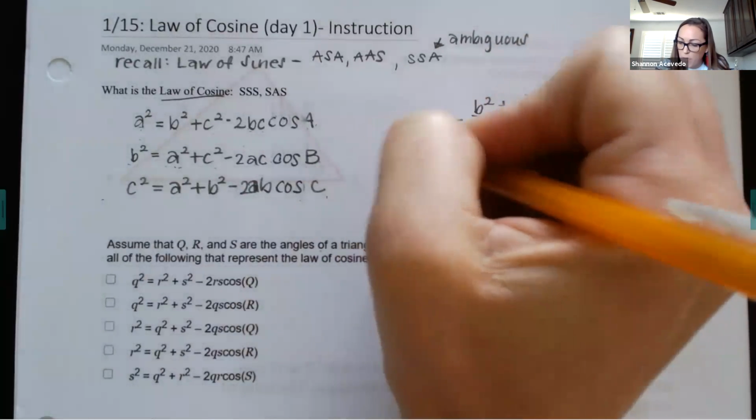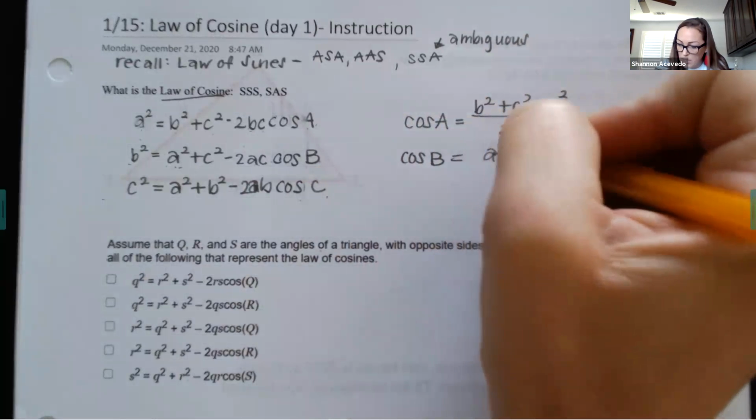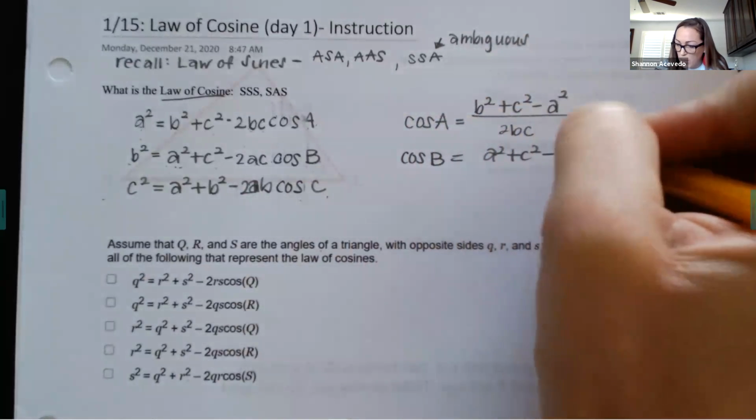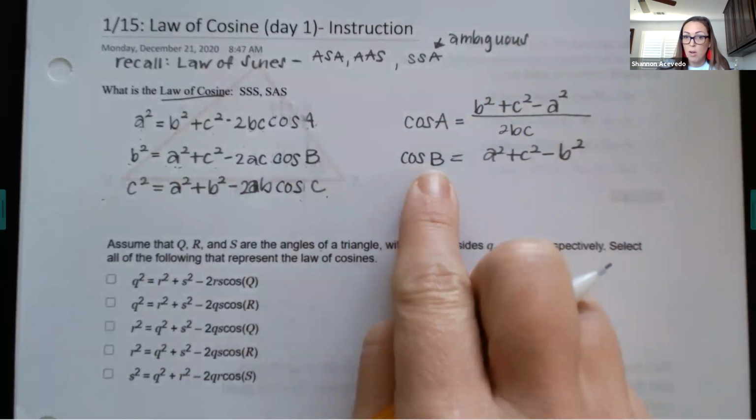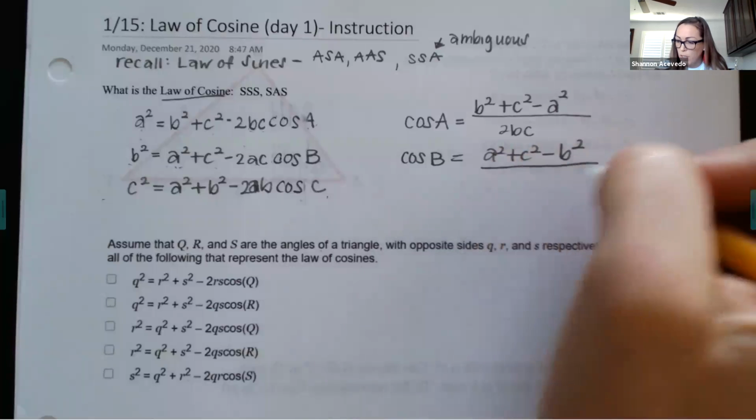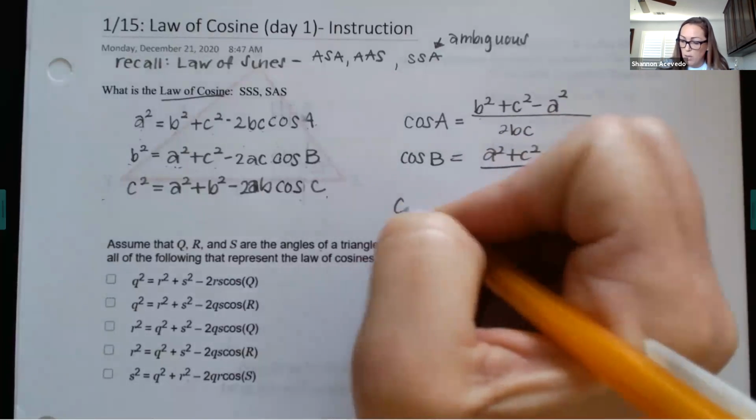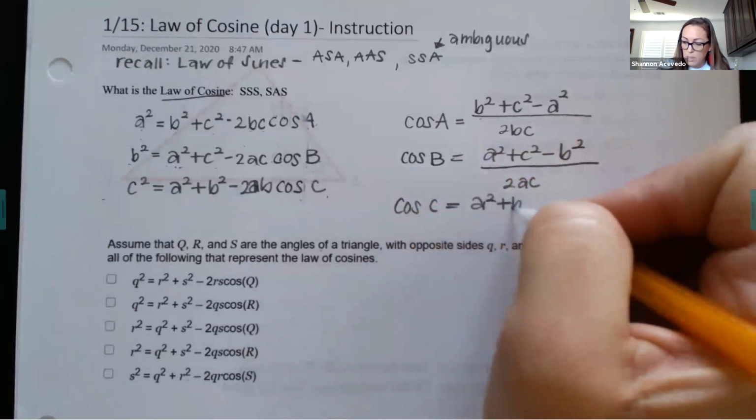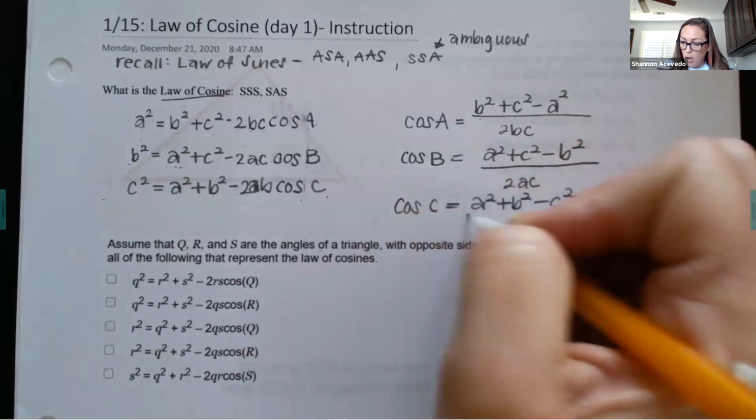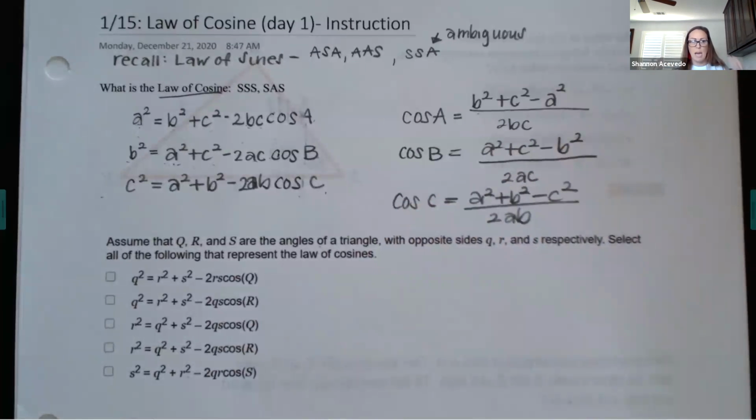So cosine of B is equal to a squared plus c squared minus b squared, so it's minus the side that corresponds to the angle we're looking for, all over the first two values, so 2ac. My cosine of C is going to be a squared plus b squared minus c squared, all over 2ab. Hopefully you can see the patterns there, because that's what's going to apply to our very first